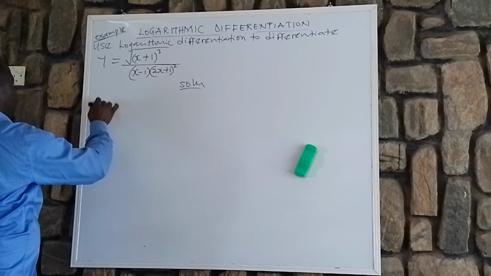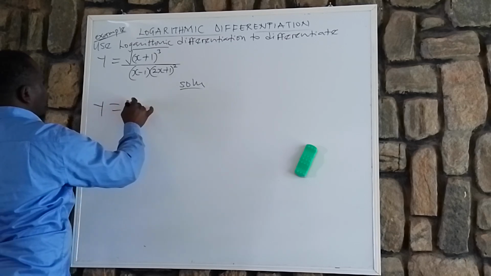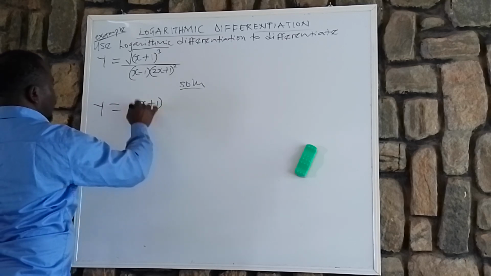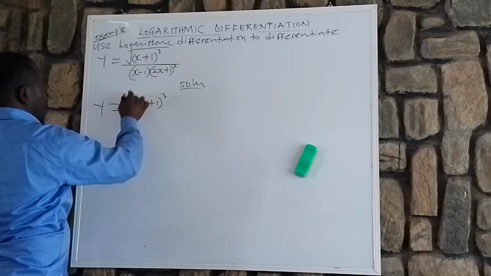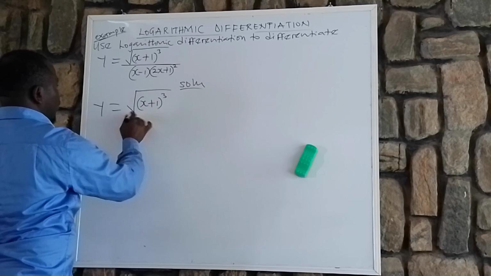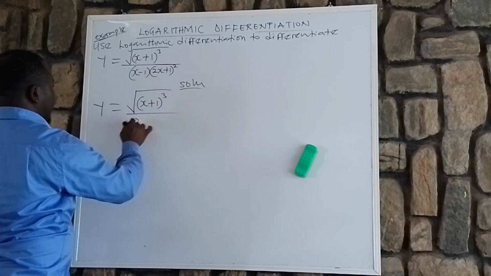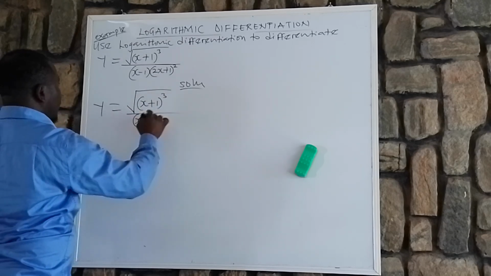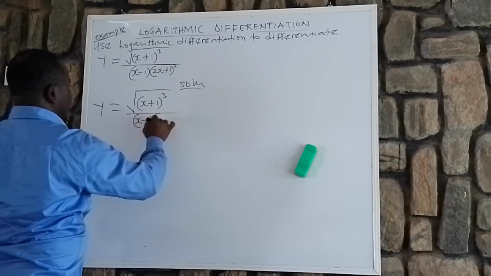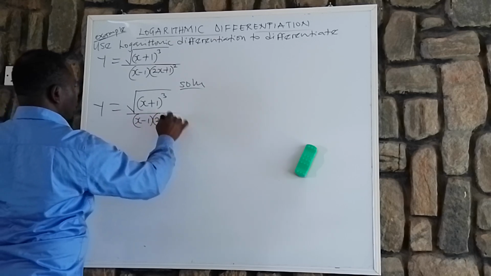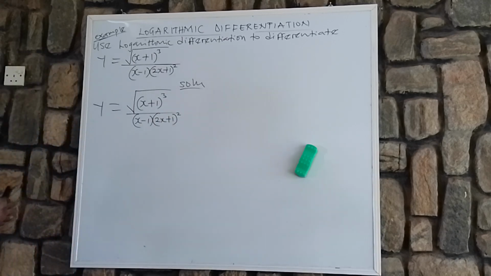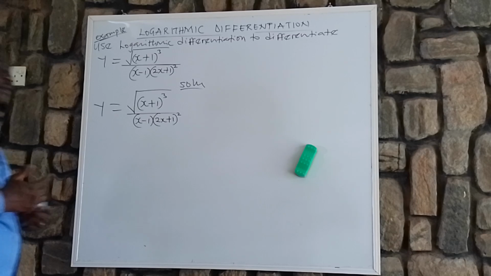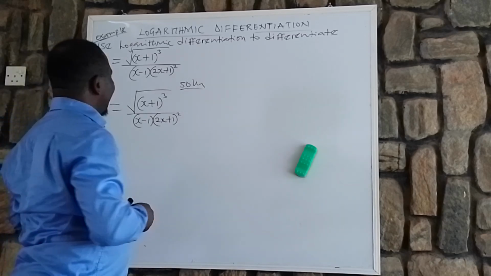Solution. Our y is equal to the square root of (x plus 1) raised to the power of 3, all over (x minus 1) and (2x plus 1) raised to power 2. Now, in the other video, the first video, I looked at